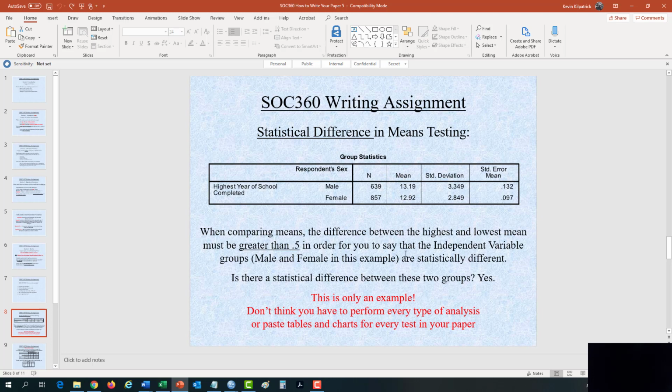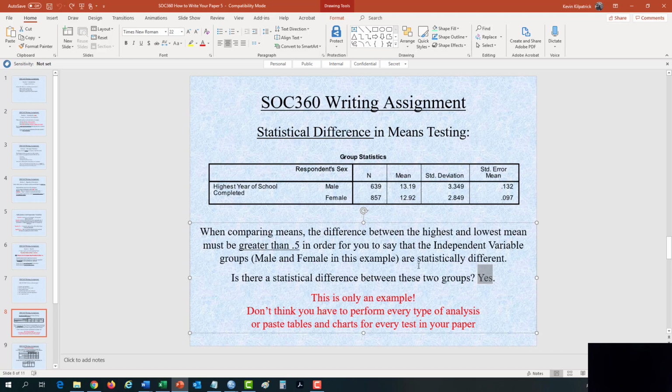When you run a means test, whether it's a t-test or analysis of variance, when you're comparing the means, the difference between the highest and the lowest mean must be greater than 0.5 in order for you to say that the independent variable groups, male and female in this example, are statistically different. Is there a statistical difference in these two groups? You bet. Because if I subtract 12.92 from